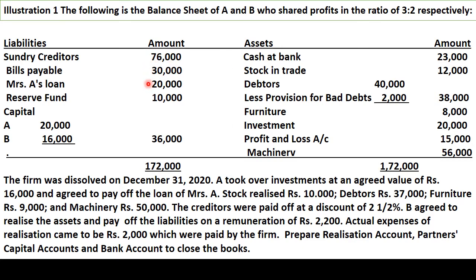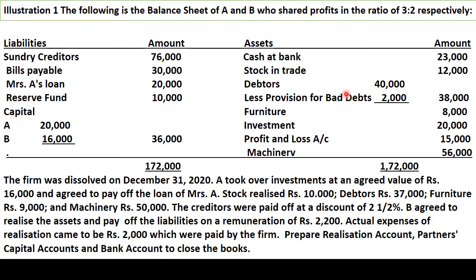Now, next is reserve fund. We will distribute this reserve to partners in their old ratio, and the capital of the partners will be transferred to their capital accounts as balance b/d. On the other side, cash at bank is given to us. It means here we have to prepare a bank account in place of cash account, and it will be represented as balance b/d. And assets like stock, debtors, furniture, investment and machinery will be transferred to realization account,